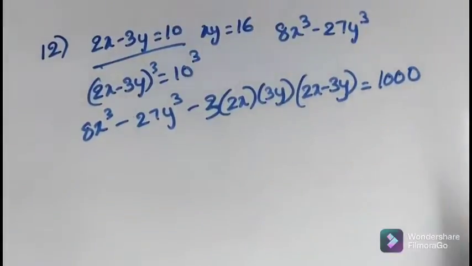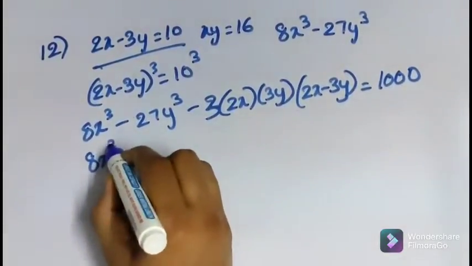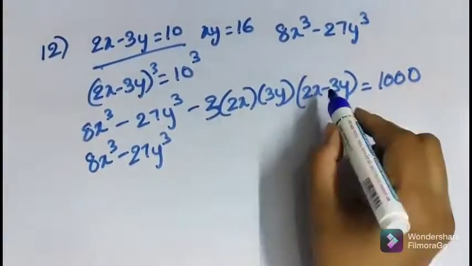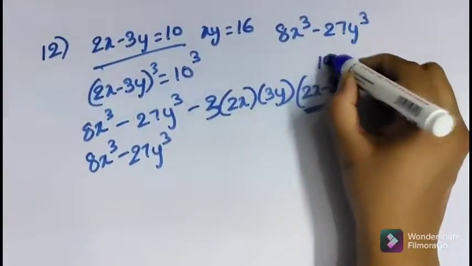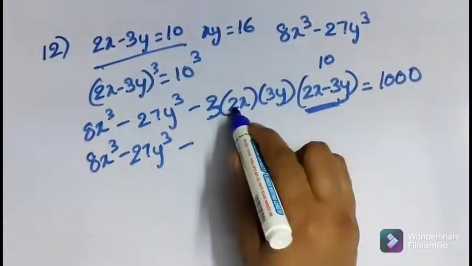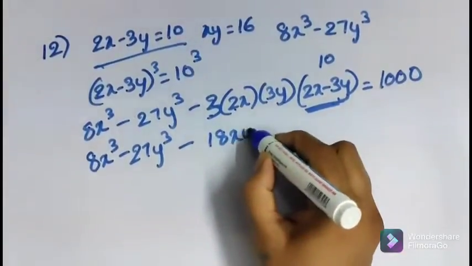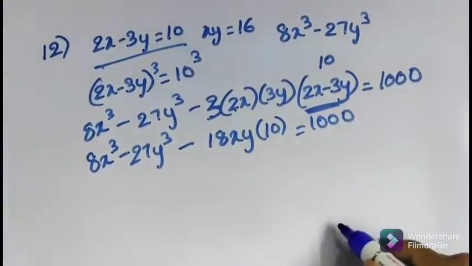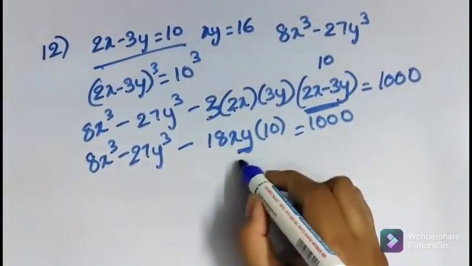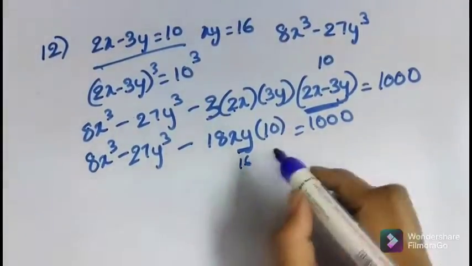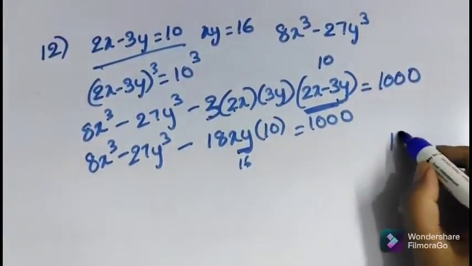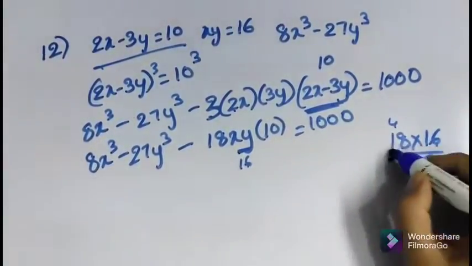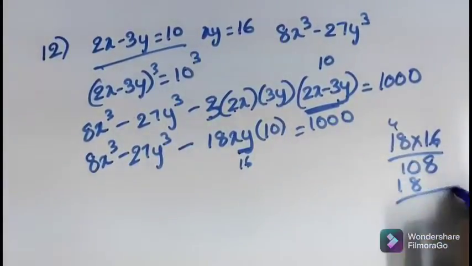1000, right? Now, so this as it is, 8x cube minus 27y cube as it is. Here we can replace this part with the 10 here, and we get the answer 3 2s are 6, 6 3s are 18 xy in the bracket 10 here is equal to 1000. xy value is given as 16 here. So let's find out that. So 16 into 18, let's work it out here. 18 into 16, 6 8s are 48, 6 1s are 6 and 10. So 18, the answer we get is